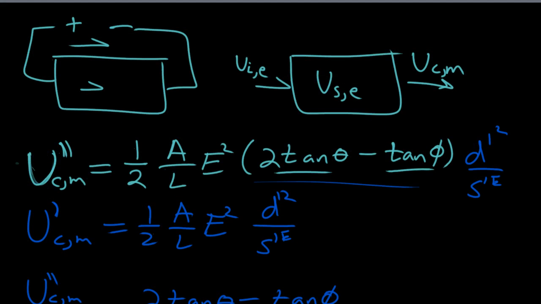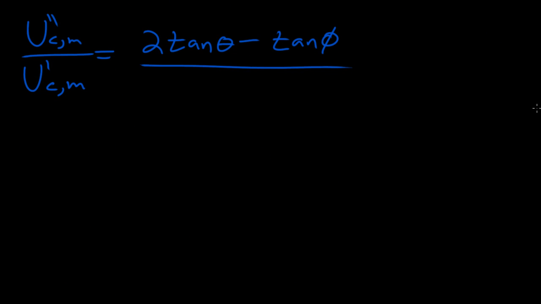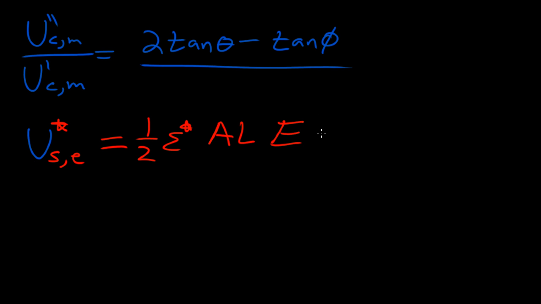But we also realized that there was stored electrical energy, and it is represented as follows. Let's call it U star equals 1/2, and this is going to be capacitive energy. So epsilon star AL, which is also the thickness and the length, times the electric field squared, and this epsilon star here is constant strain,